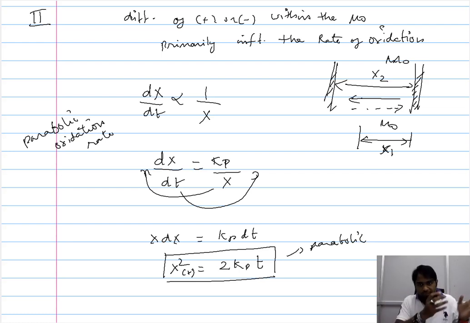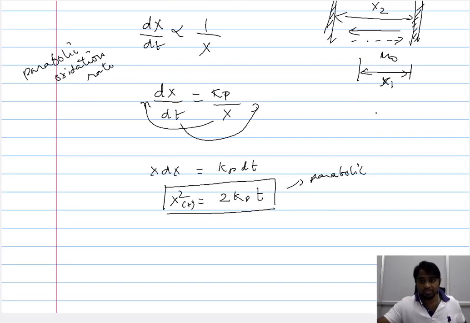Now this movement of ions can be quantified by calculating the amount of ions that propagate for a given instant of time across a given unit area, and this we refer to as the flux. So the amount of migration of the ions can be quantified in terms of the flux, and by invoking Fick's first law, you can express the flux of the ions across the metal oxide in this manner.